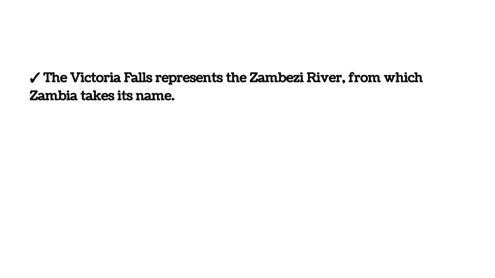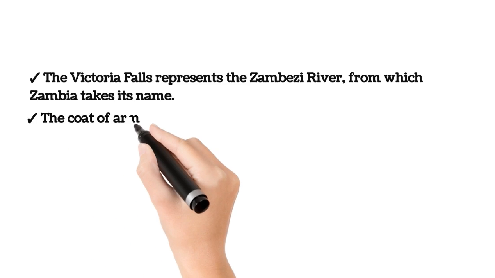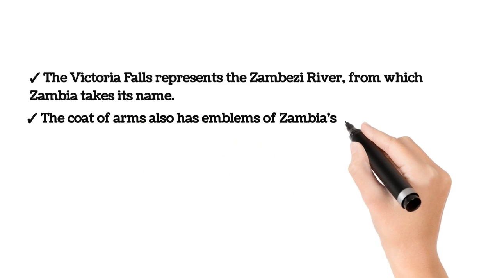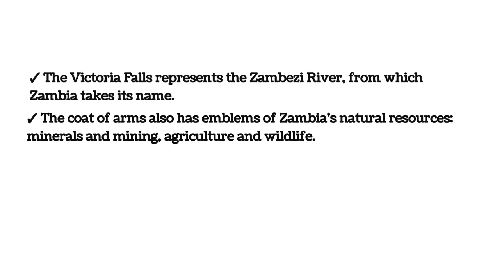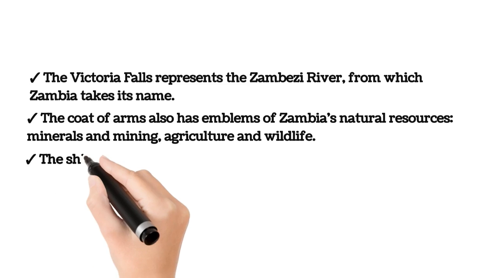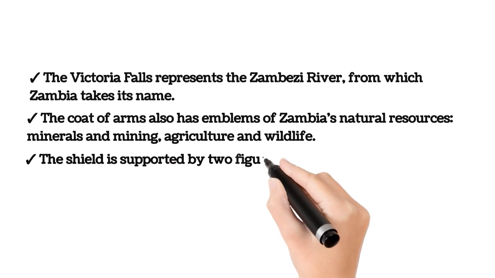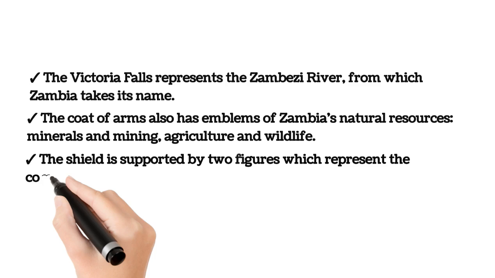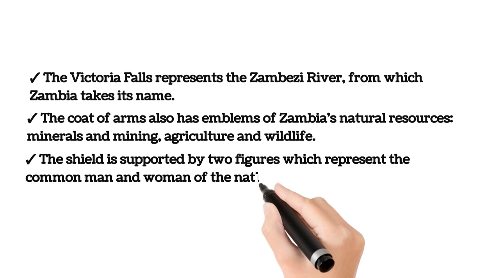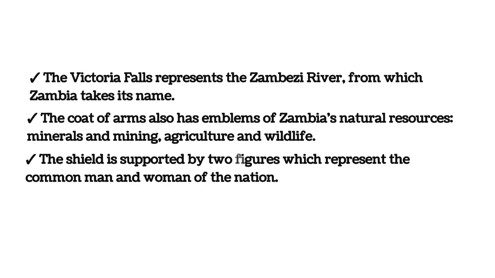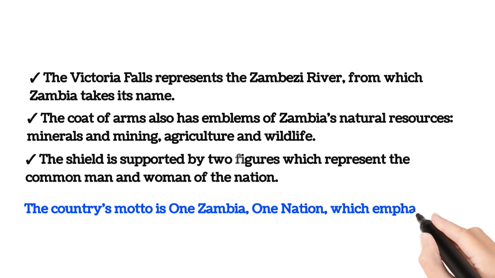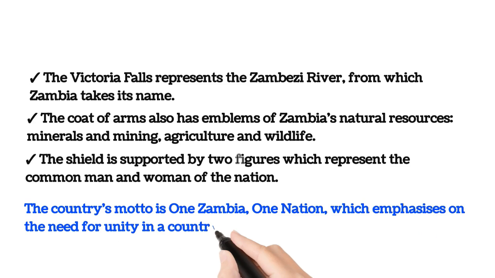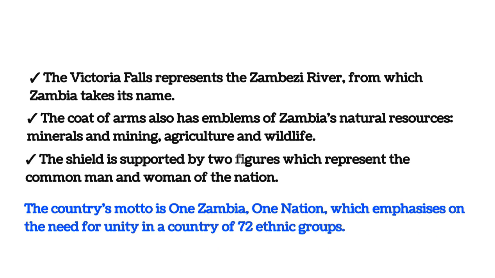5. The coat of arms also has emblems of Zambia's natural resources, minerals and mining, agriculture and wildlife. 6. The shield is supported by two figures which represent the common man and woman of the nation. The country's motto is One Zambia, One Nation, which emphasizes the need for unity in a country of 72